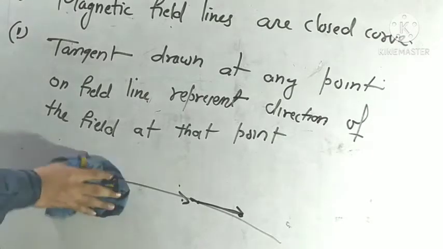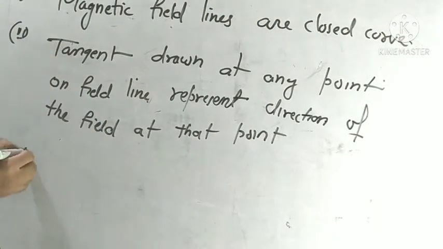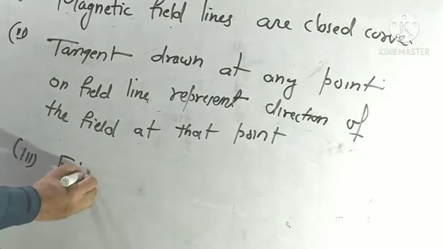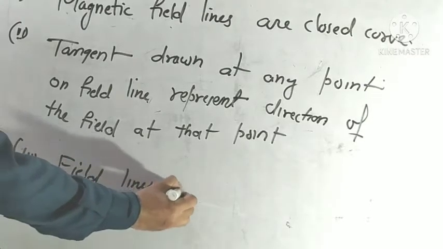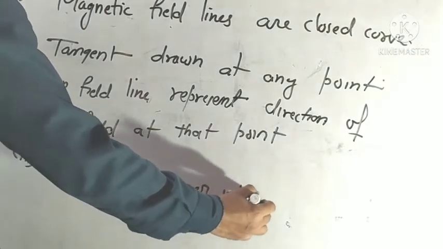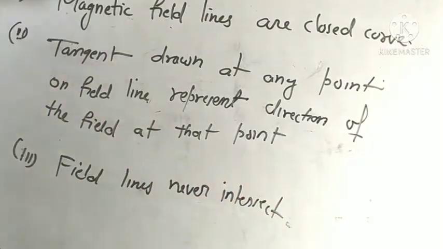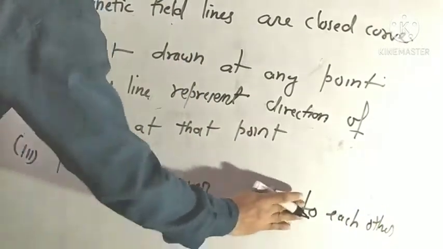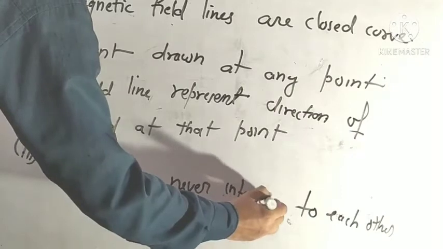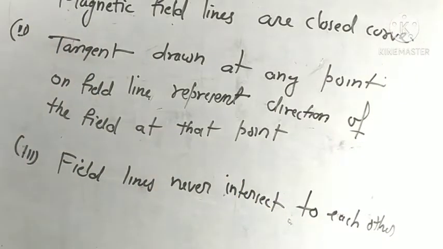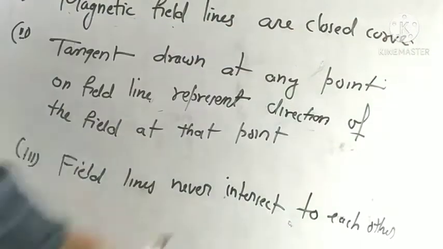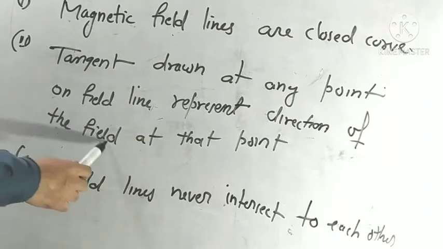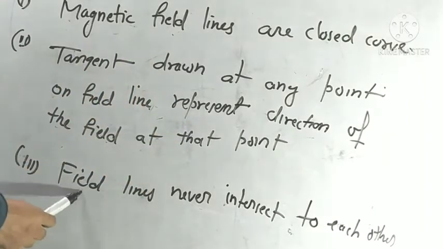The third point is that field lines never intersect each other. Never intersect. I repeat again: magnetic field lines are closed curves. A tangent drawn at any point on a field line represents the direction of the field at that point, and field lines never